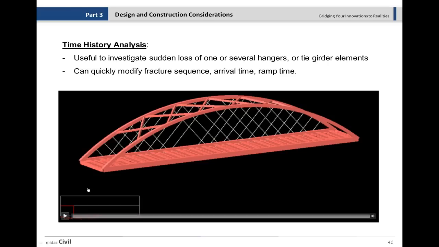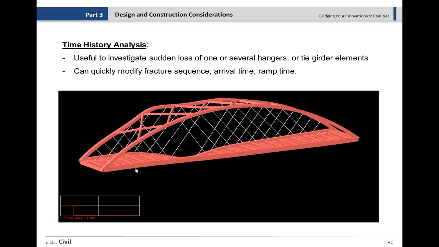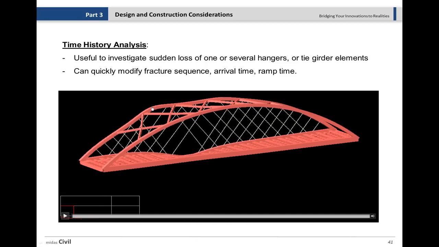So for the time history, I prepared this video, and Gregor also showed this to you. As you see on the left bottom corner, you see the time history forcing function, and one of the hangers here is lost. And by the way, there are hangers on this side of the structure also, but we just deactivate them, just not to show them, just to see the behavior of the structure in that end. So if I play that, you see when we have this hanger loss and we have these additional forces here, which apply dynamically,